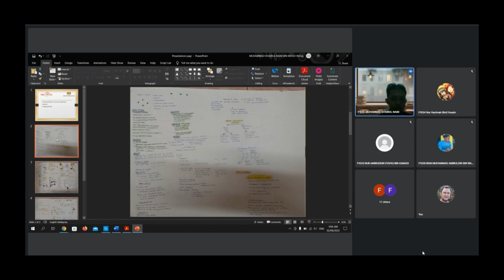This is chapter 3. I want to discuss the process, physical process, chemical process, and there are some subtopics like